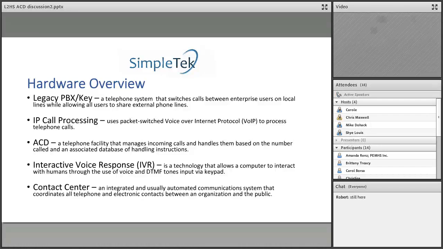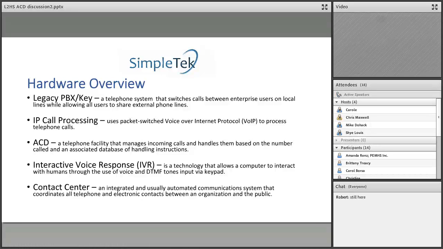It was used for calling internally, so you can call one extension to another, as well as taking and receiving phone calls. The primary benefit of the PBX or key system back in the day was you didn't have to have a line for everybody. You could have one line and share it between 5 people.